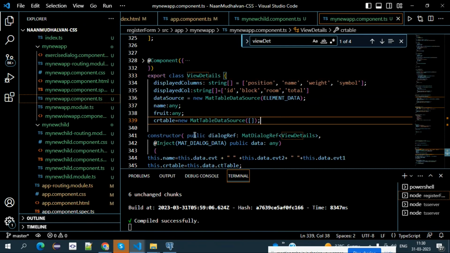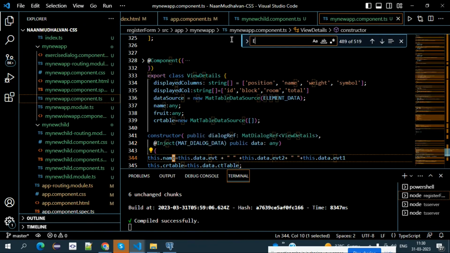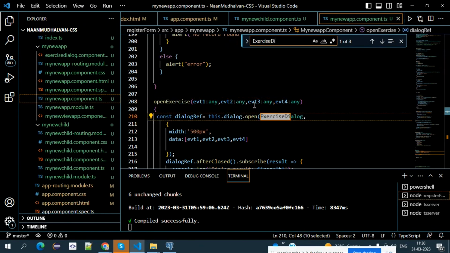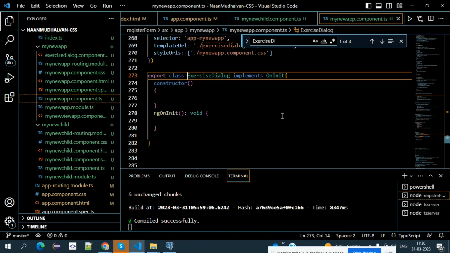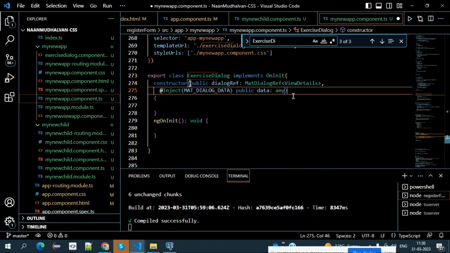I need dialog, reference, inject. In case I'm going to use another MatDialog from that component, then I need to have a MatDialog also. So here I need to use exercise dialog. At this place, in a constructor, I need to have this part. Okay, so now I'm able to display